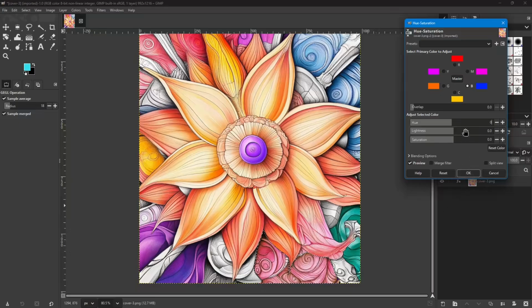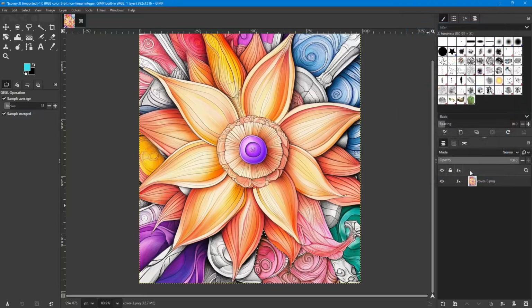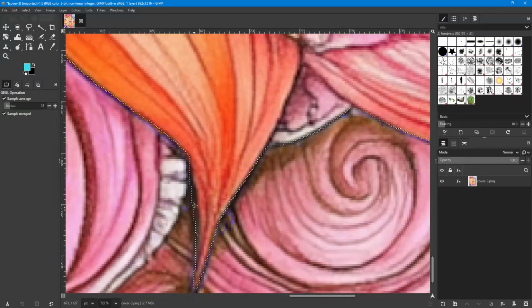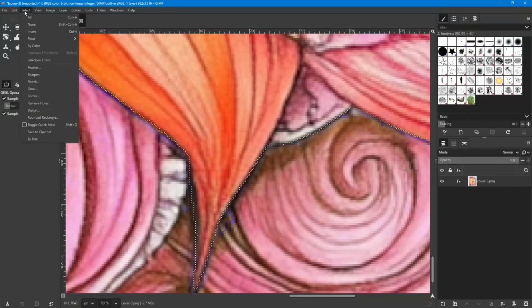Let's lock this in. I'm going to go back to magenta and change that to 0. And then lock this in. So now it's locked in. We can do Control Shift A, and that will unselect everything. But just in case we want to try to come back and get those random pixels that are down here that are purple, I'm going to save this selection to a channel. So go up to the Select menu and then save it to a channel,